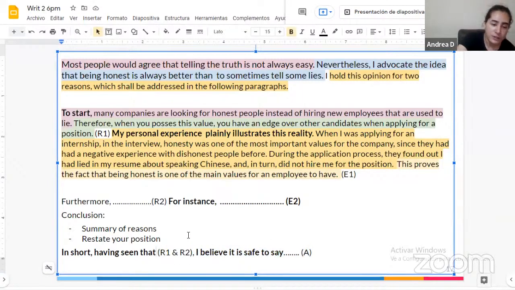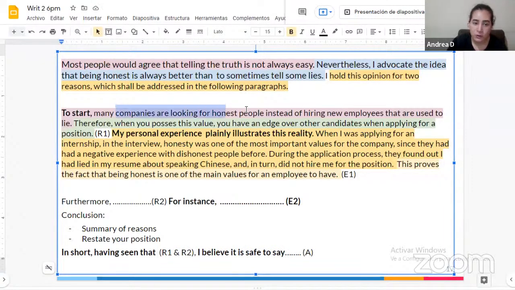Can anyone do the first thing? How can we summarize these 2 reasons? That companies are looking for honest people, and that the truth always comes to light, sorry. Any ideas? Maybe,